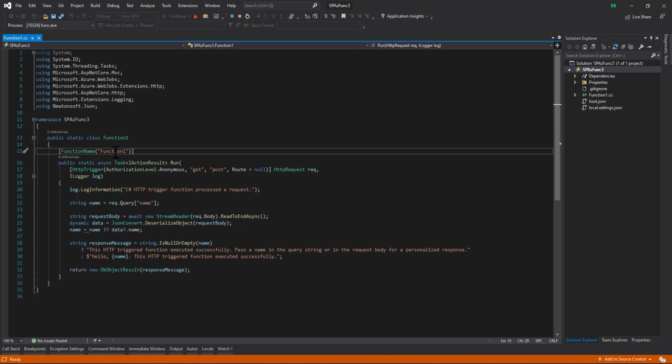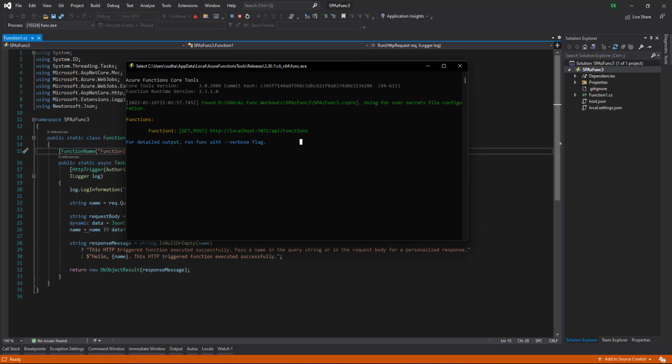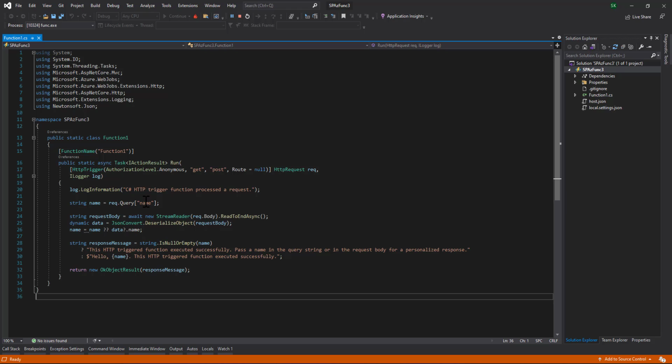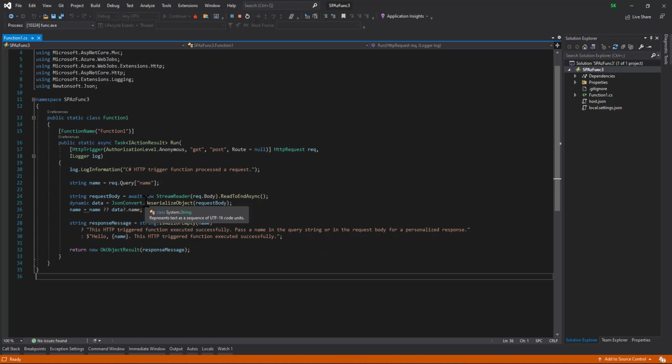The name is Function1, and the local URL is http://localhost:7071/api/Function1. Here it is doing nothing. It is just getting the query string name parameter and then displaying some message. That's it. So let us see how it works.